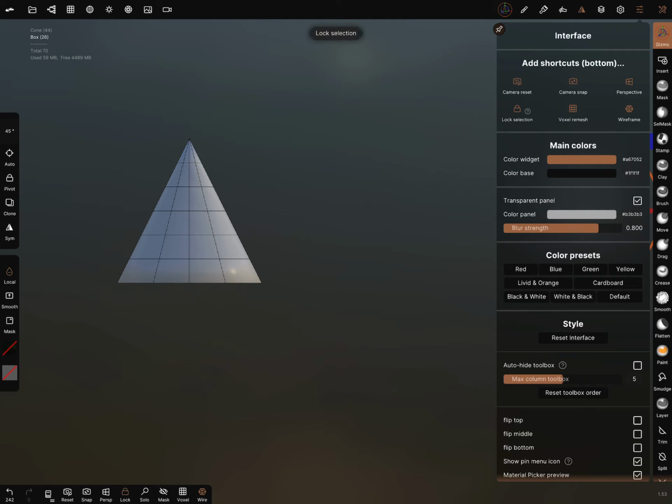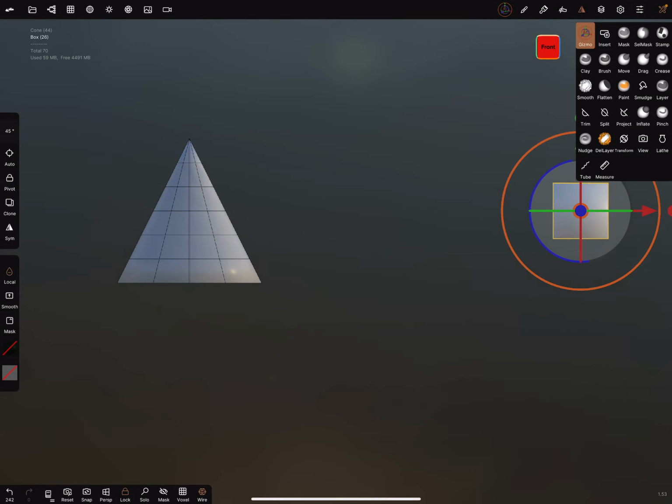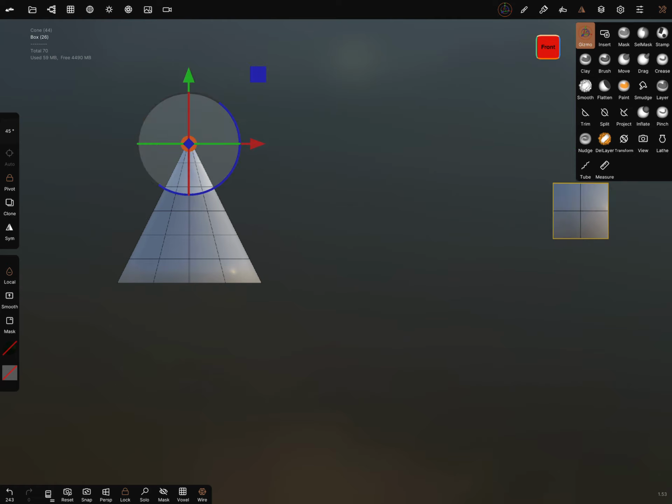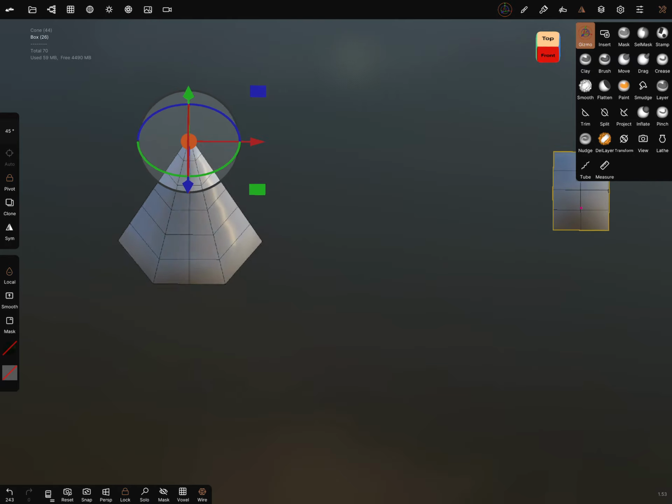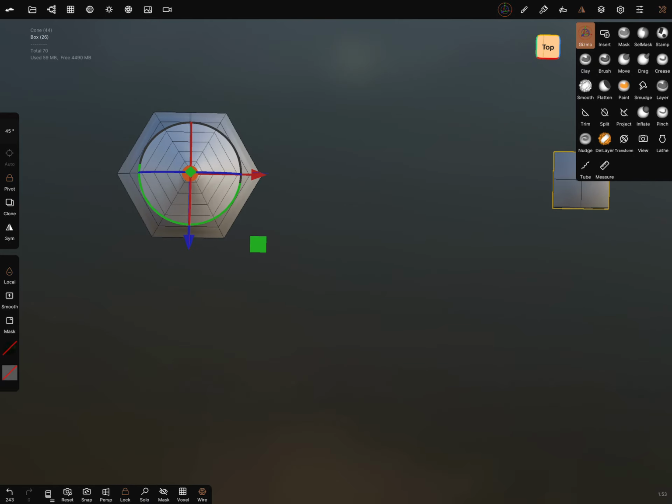Here, lock section. And when I lock it and activate the pivot, I can move the pivot to the top of the cone.